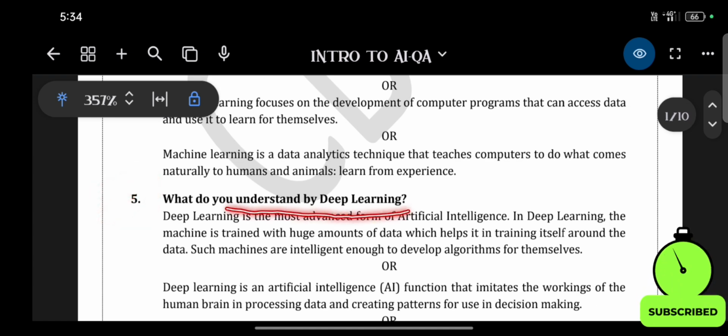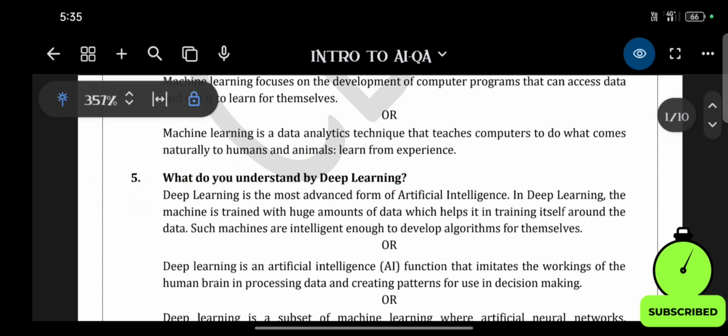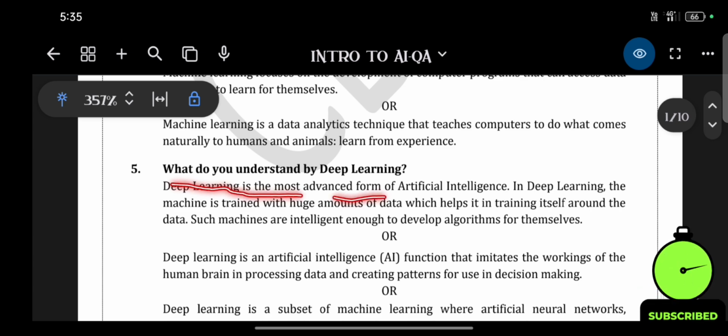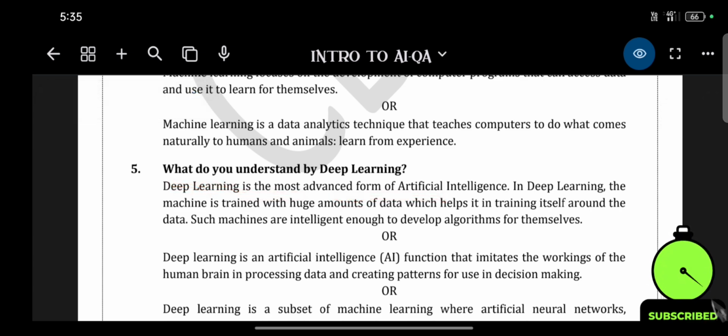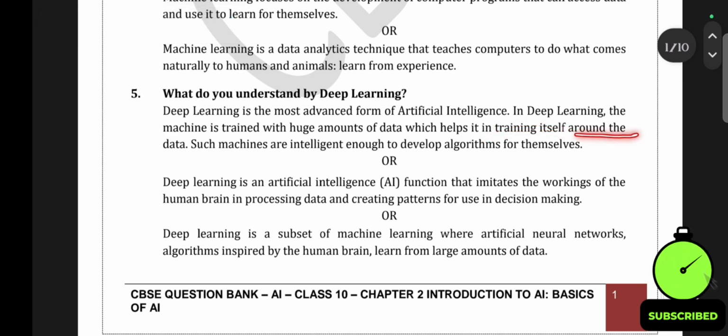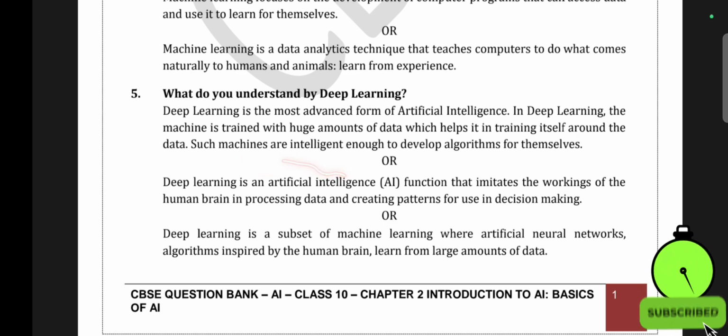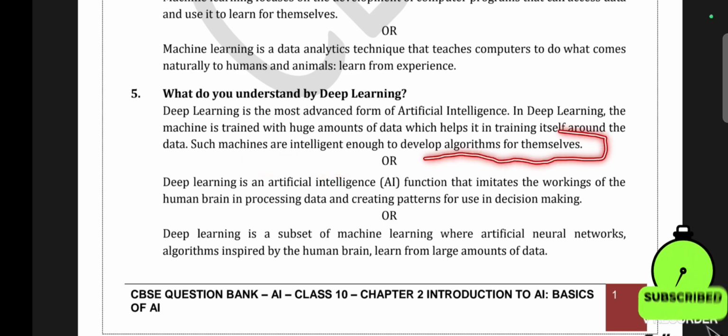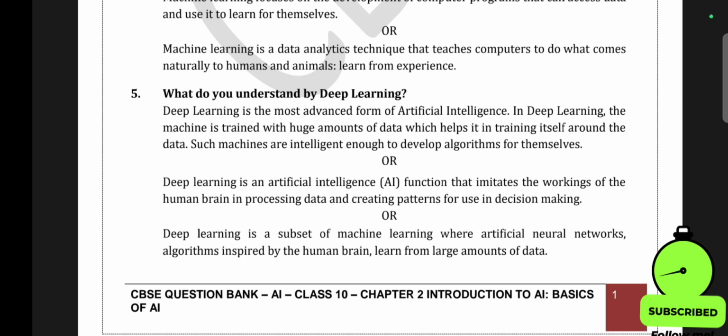What do you understand by deep learning? Deep learning is the most advanced form of artificial intelligence. In deep learning, the machine is trained with a huge amount of data which helps it in training itself around the data. Such machines are intelligent enough to develop algorithms for themselves. Either you can write,